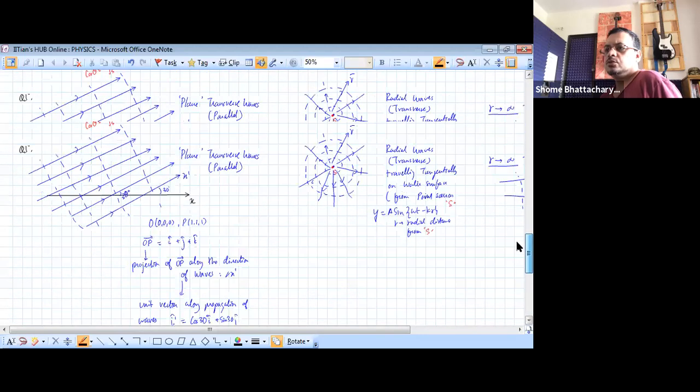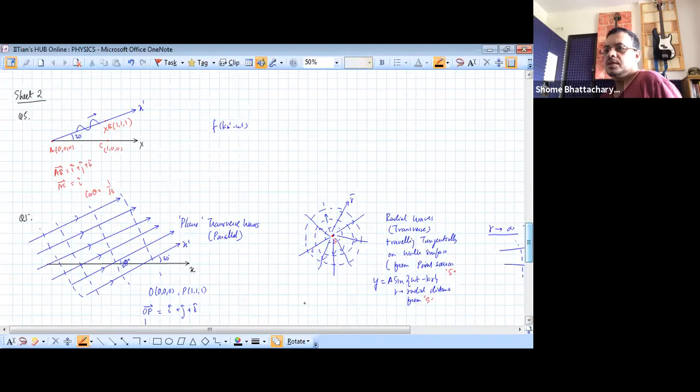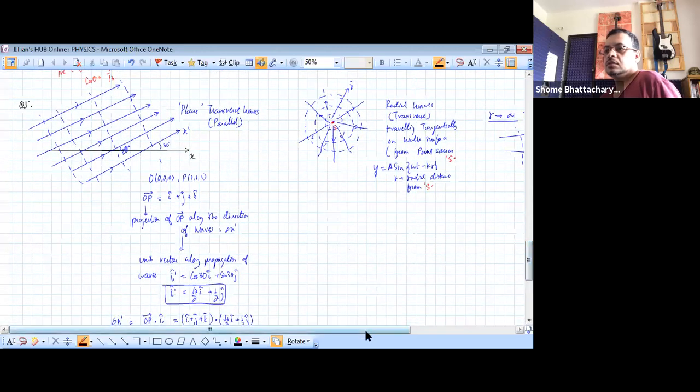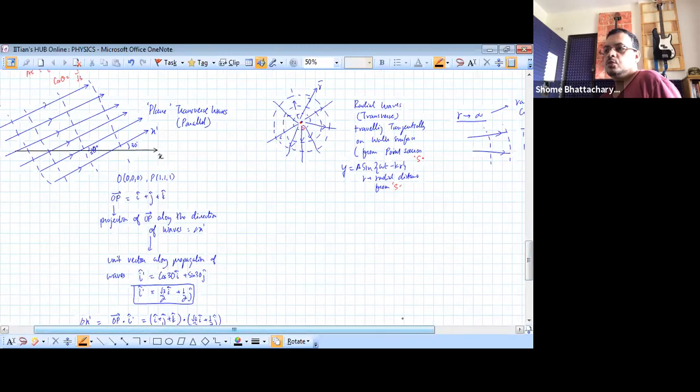So I'll just leave you to note down some of these points because this is a more complex question in terms of understanding. We will understand more and more about these things as we discuss superposition, and also later when we come to sound, because this kind of thing pertains more to sound actually. If you have a point source of sound, and sound waves are traveling three-dimensionally along the radial direction, creating spherical wavefronts. Here too I have assumed waves in a two-dimensional plane because it's still limited to transverse waves,